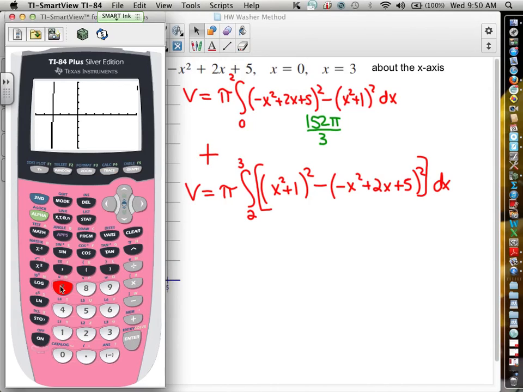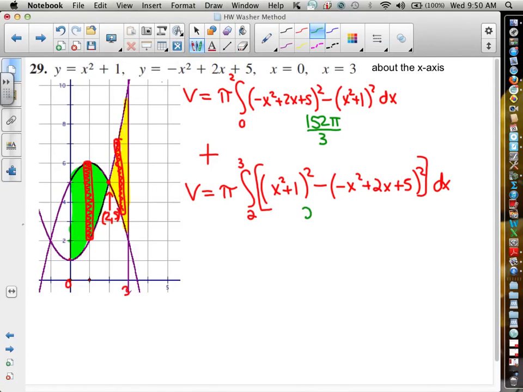Integrate. And we're going from 2 to 3 this time. Okay. Change it to a fraction. So 125 over 3. So it's 125, forget the pi out in front, over 3. So if I add those two together, I'll get that total volume then of those two regions rotated separately. So we get what, 277 pi